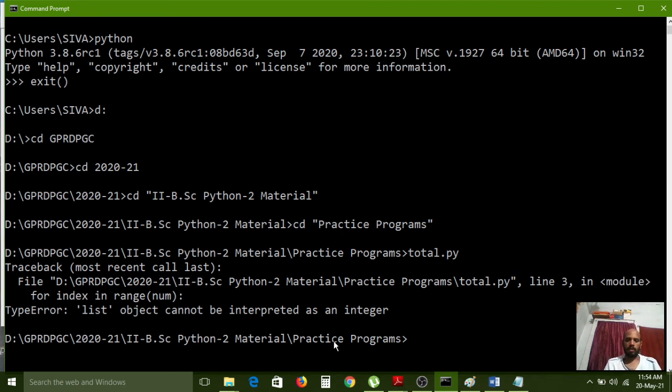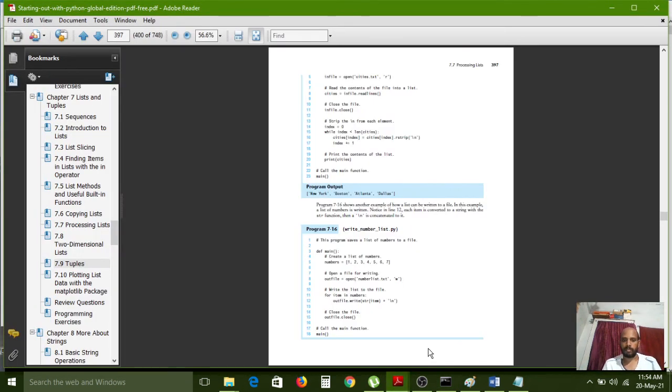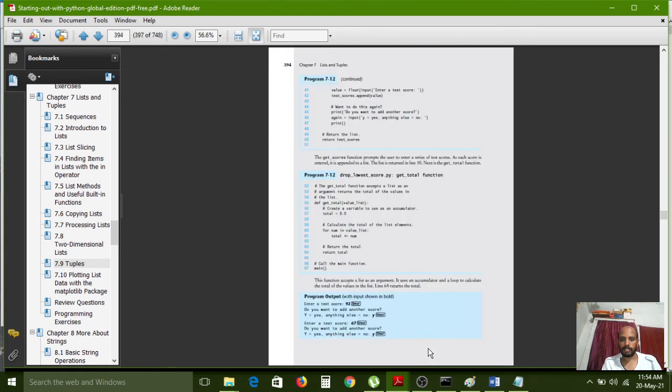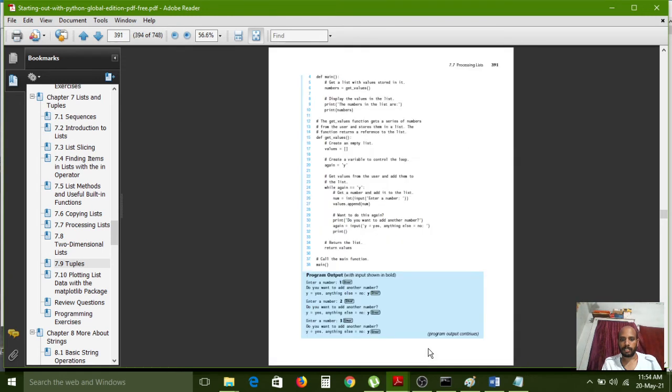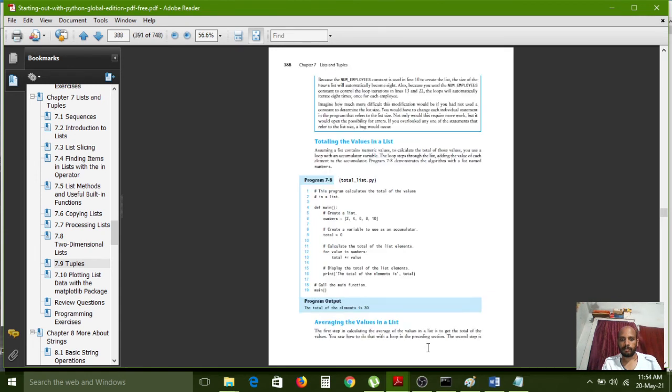So what should we do? Now we have to see the problem. Totaling the values: numbers list created, total equal to 0, for value in numbers.